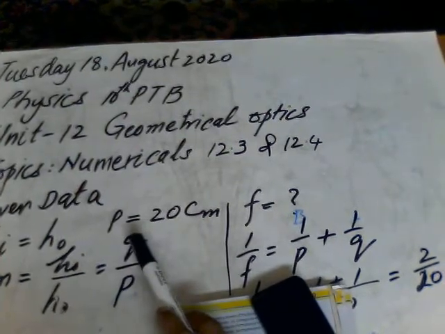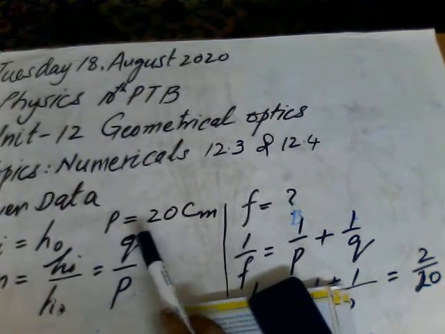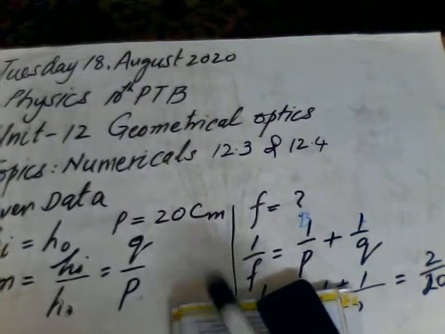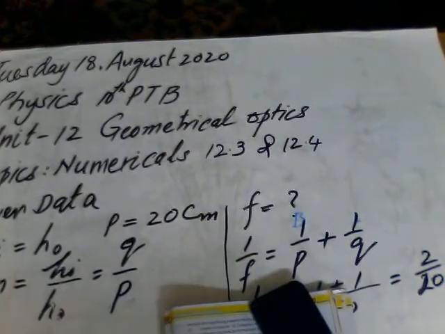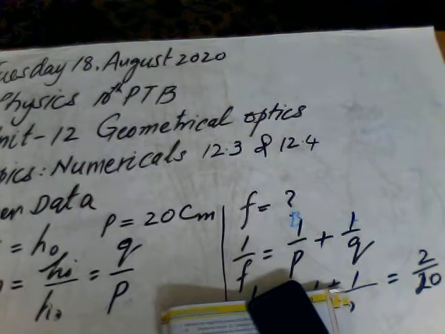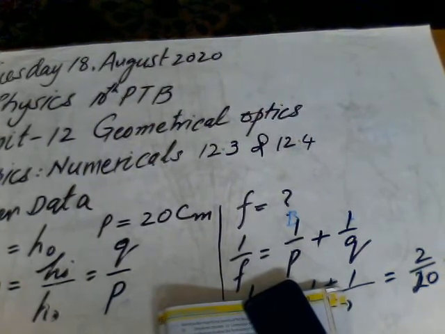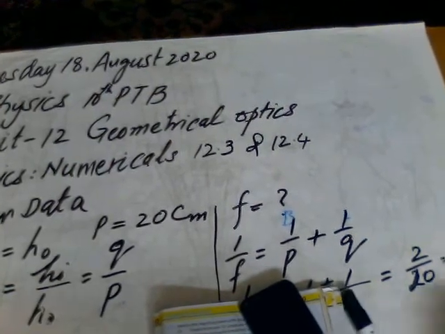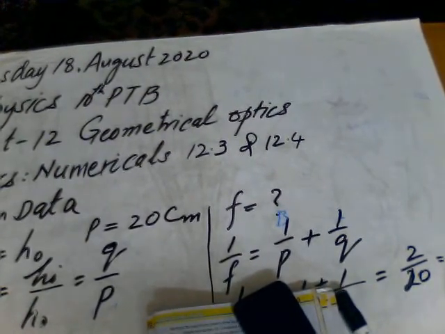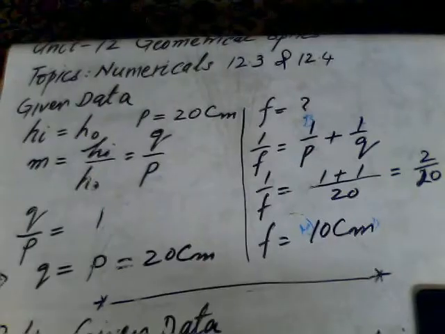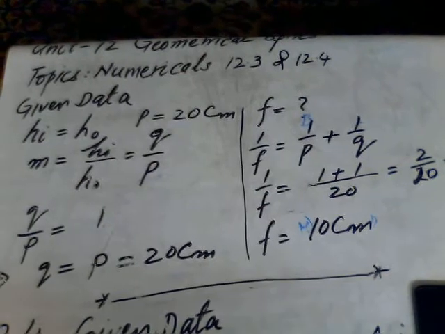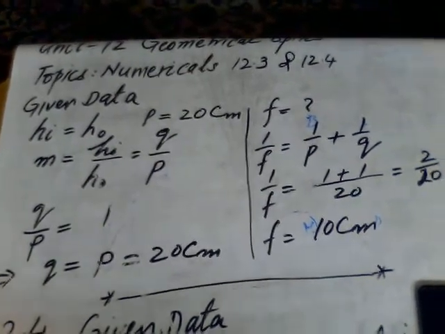The distance of the object from the mirror is 20 centimeter. When the object is 20 centimeter from the mirror, what is the focal length of the mirror? Magnification. In this case, the magnification